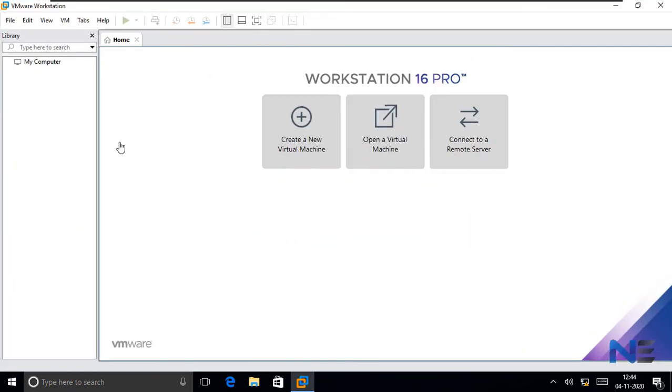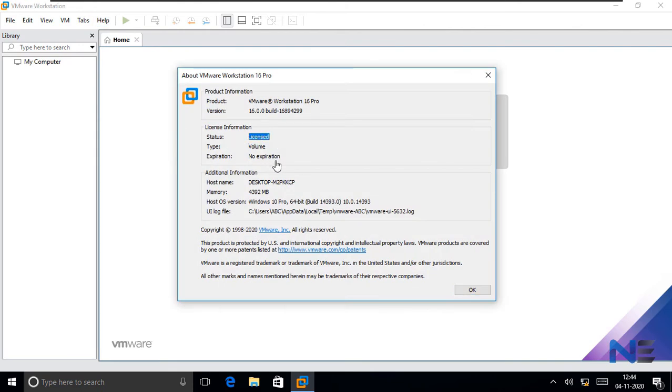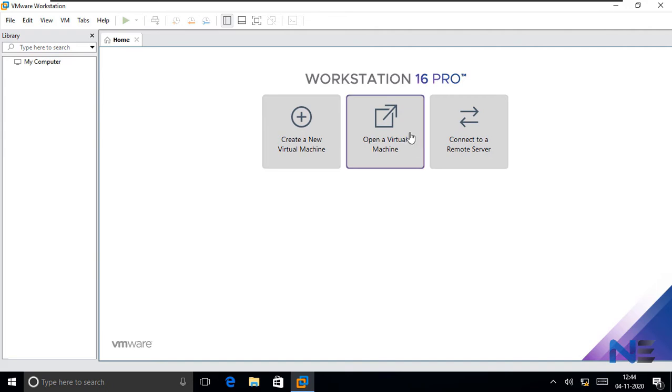Okay, now click on help, about. As you can see here, status is licensed. Okay, so we have successfully installed the VMware Workstation.